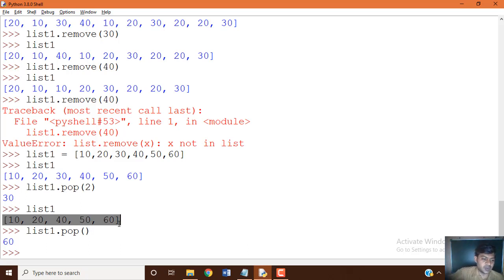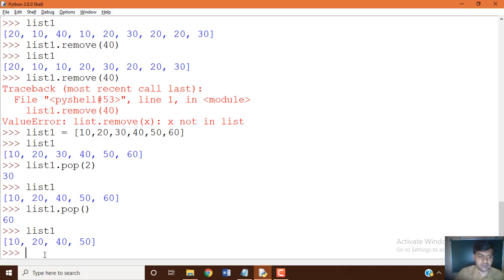That 60 is popped out from the list. Now you can print that. So if you are not passing any index number to the pop built-in function, the last data item will be removed. If you specify a particular index number, the item at that index will be popped out.